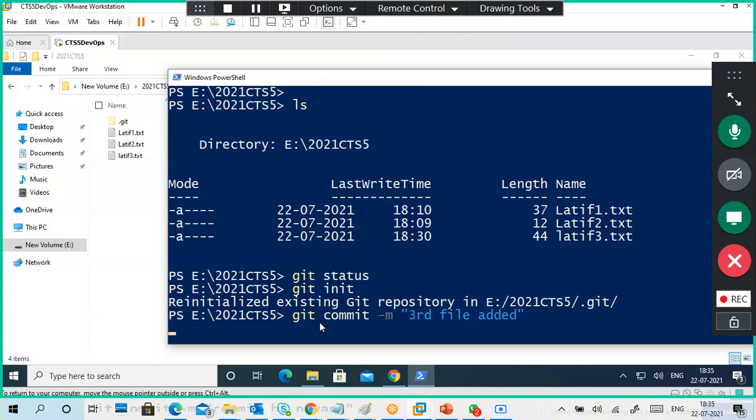This is also waiting. Without adding we can't commit, it should throw an error saying you should add it, and it is waiting.